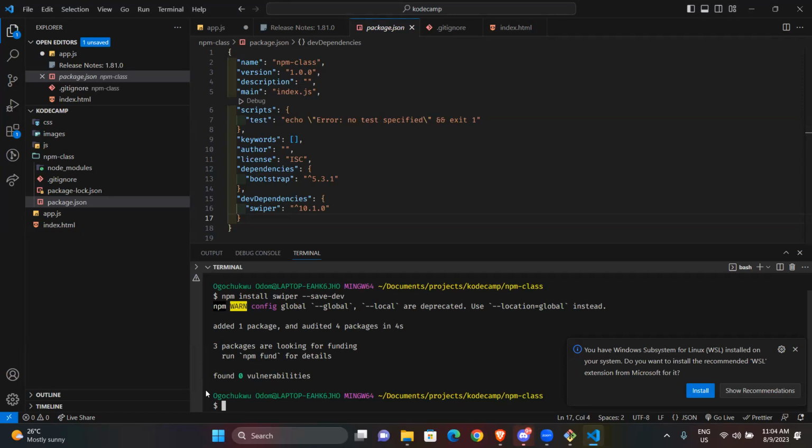Let's say you just want to use Nodemon. Nodemon, like I said, you can use it to serve, so that if you make changes, it automatically updates that kind of stuff. But this is when you're running a Node app, that kind of stuff.